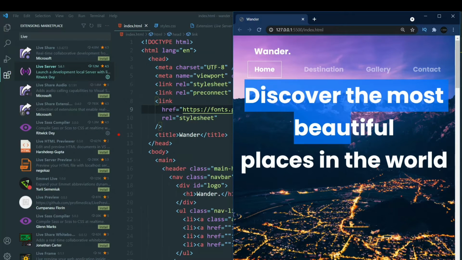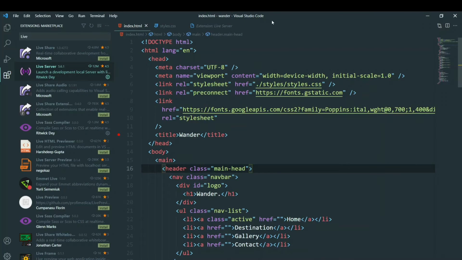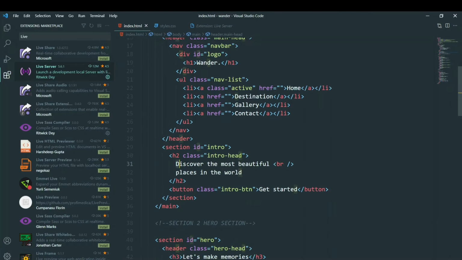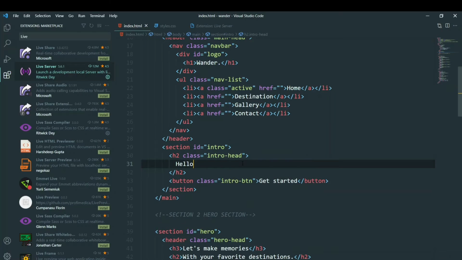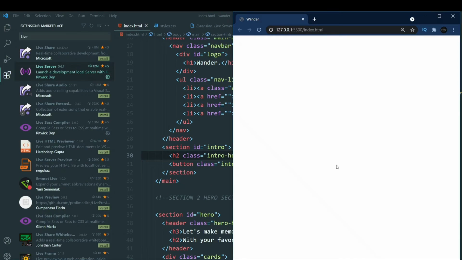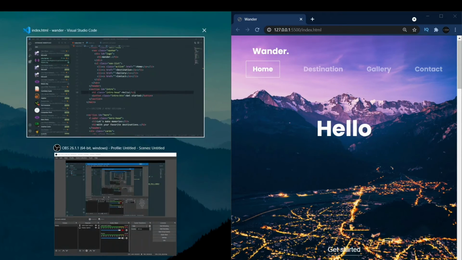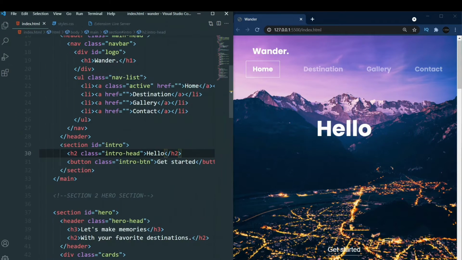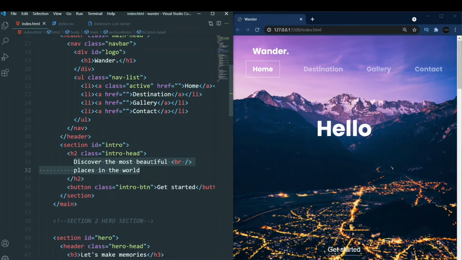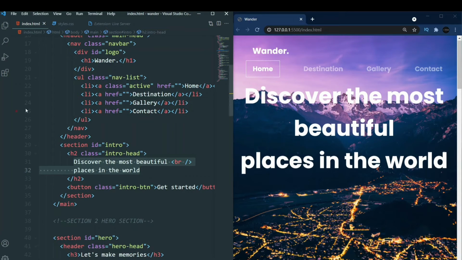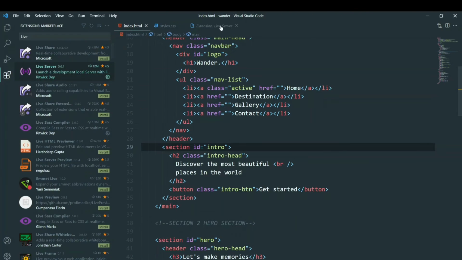If I want to change the text here, I'll go here and just write hello, and if I go back to the browser, you can see the text has changed to hello without even refreshing. If you want to check it out, I'll pin it over here, and if I make changes right here again, I'll change it to what it was. You can see in a split second it refreshes on its own and the text is right there. So you can constantly see the changes you're making simultaneously as you make them. So this is another helpful extension, which is Live Server.